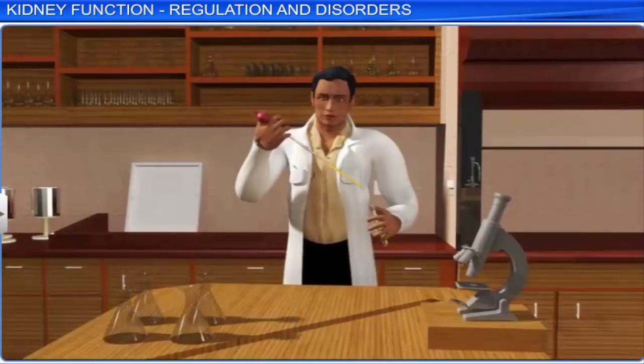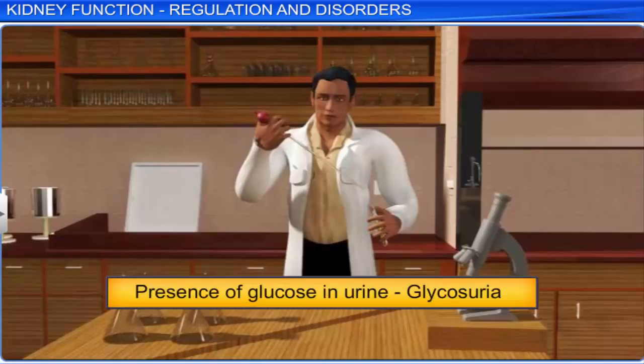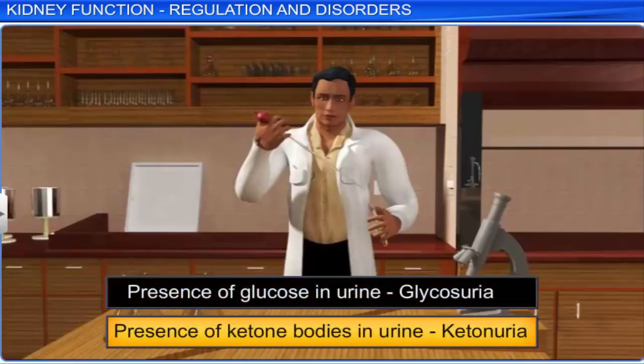The characteristics of urine can change according to different body conditions. In fact, a urine test helps to diagnose many metabolic disorders in the body and any malfunction in the kidneys. For instance, the presence of glucose in urine, which is called glycosuria, is indicative of diabetes mellitus. Moreover, the urine of diabetic patients sometimes shows ketone bodies, which is called ketonuria.